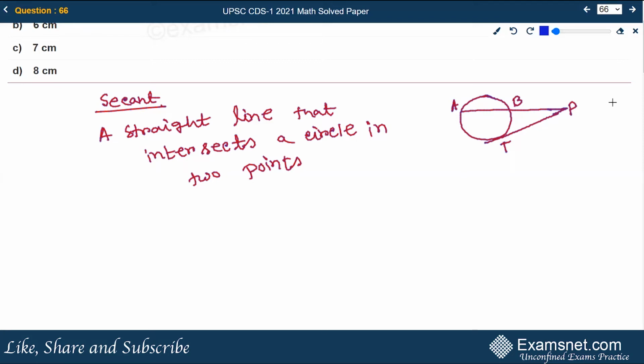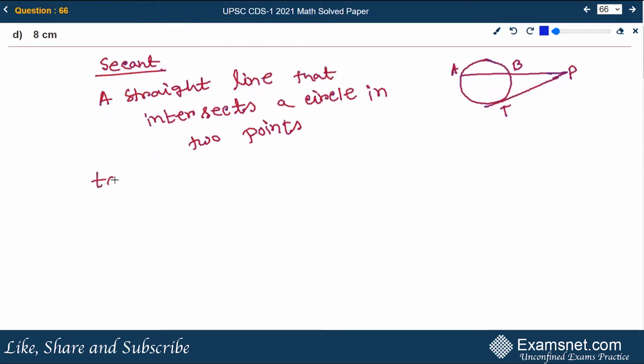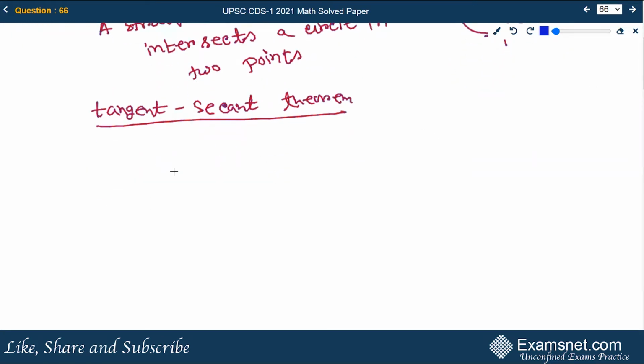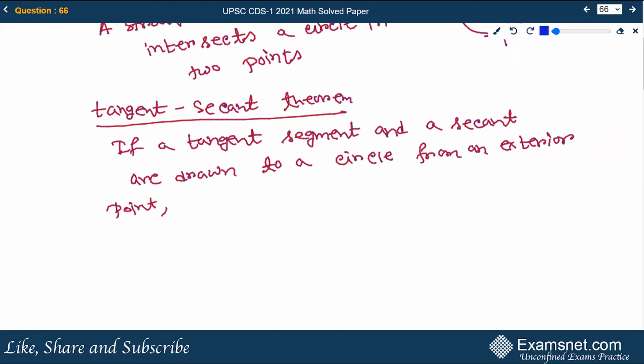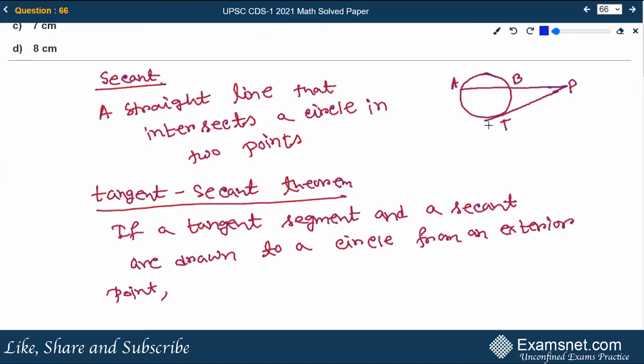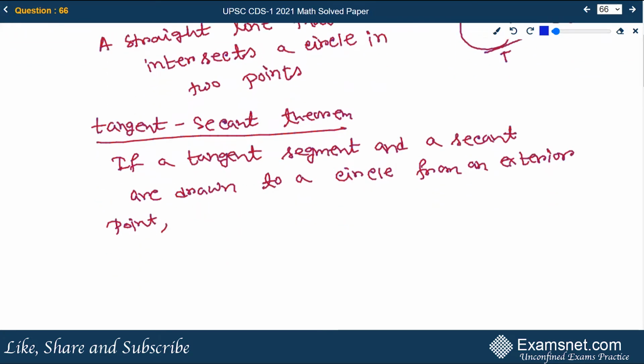Now also, what is the tangent secant theorem? If a tangent segment and a secant are drawn to a circle from an exterior point, as we can see from the point P, that is the exterior point, PT the tangent has been drawn and PA the secant has been drawn, then